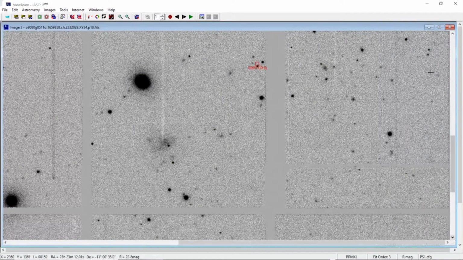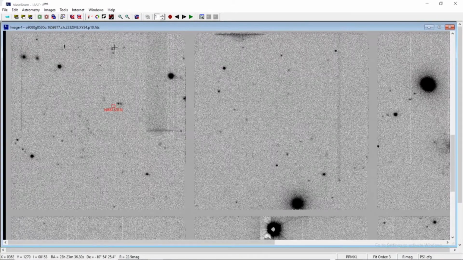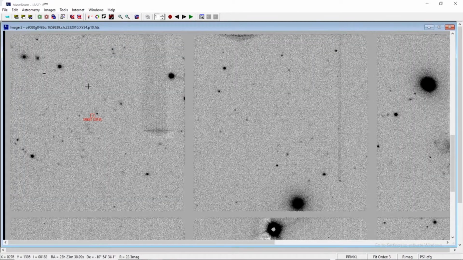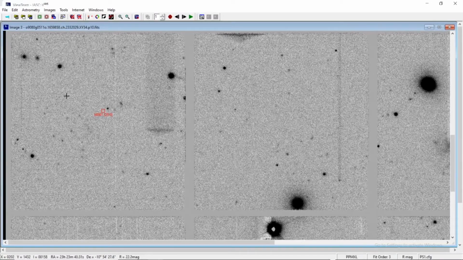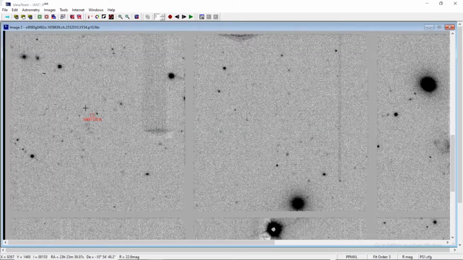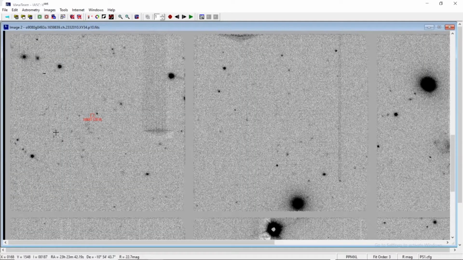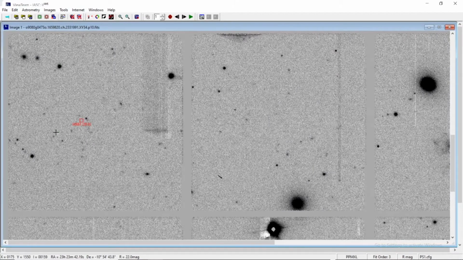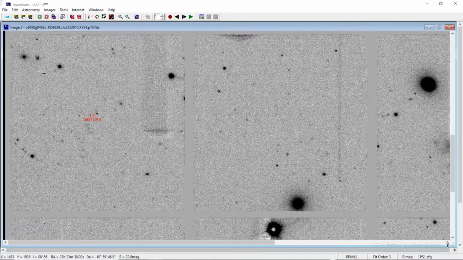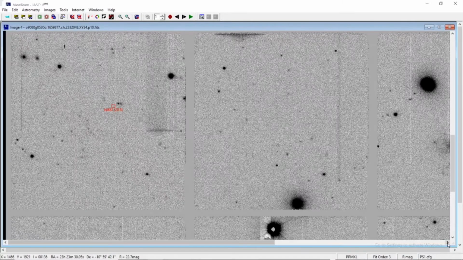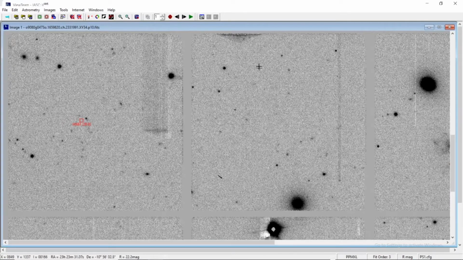Now coming to this third row, analyzing it manually again. If you go for the analysis of this particular row and particular column, you will again be seeing the same sort of things. This has to be verified under image number 1, image number 2, image number 3 and image number 4. If you find it moving, you very well select it in your MPC report, select the object and put it there in your MPC report. Simultaneously manually scan this particular object also.